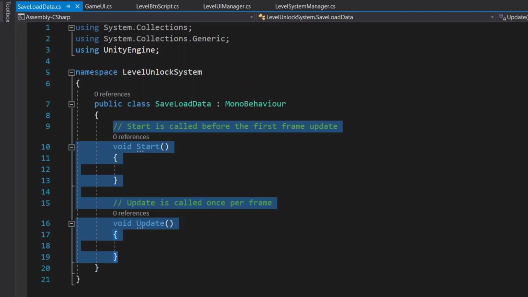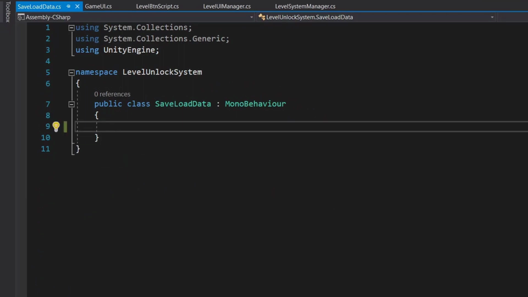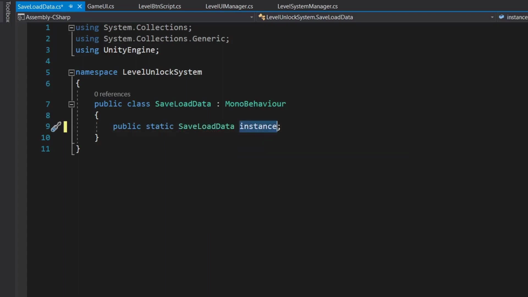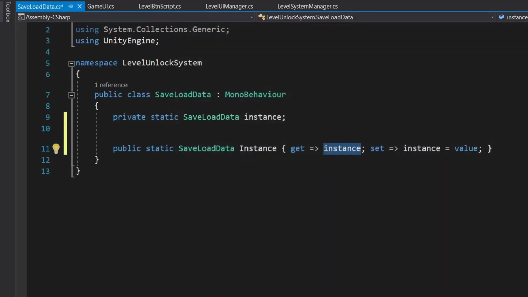So let's remove the Start and Update methods, and we will make this an instance. So public static SaveLoadData, and we'll call this instance. Double click on instance, holding Control click on R E and click on apply, and let's remove this set thing because we are not going to set it.